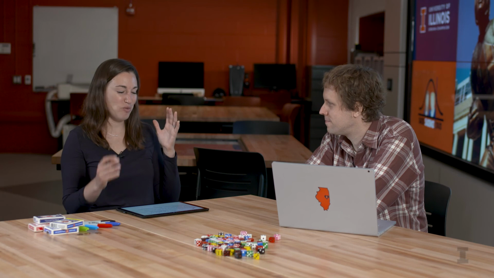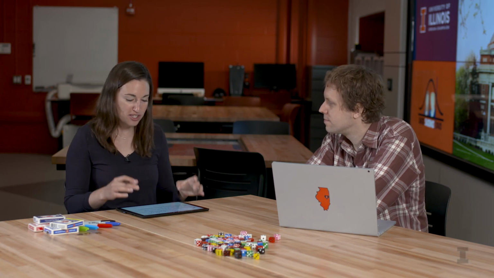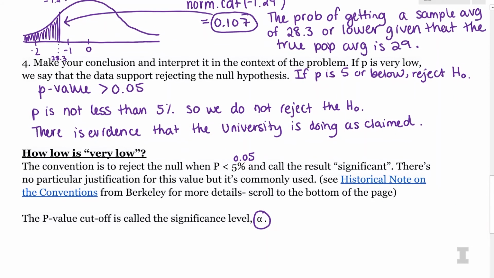And you might be noticing that I'm specifically saying not rejecting the null instead of accepting it. And that's another, I guess, kind of a common thing in statistics: we never want to say we're absolutely certain. And the word accept is saying we're accepting it for sure. But we do need to remember that this is dealing with random variables. We do have that idea of standard error. So these hypothesis tests aren't always 100% correct. So instead of saying accept the null, it's actually more conventional to say we do not reject it. There's evidence that the null is likely to be true. So that is it for the one sample z-test example.